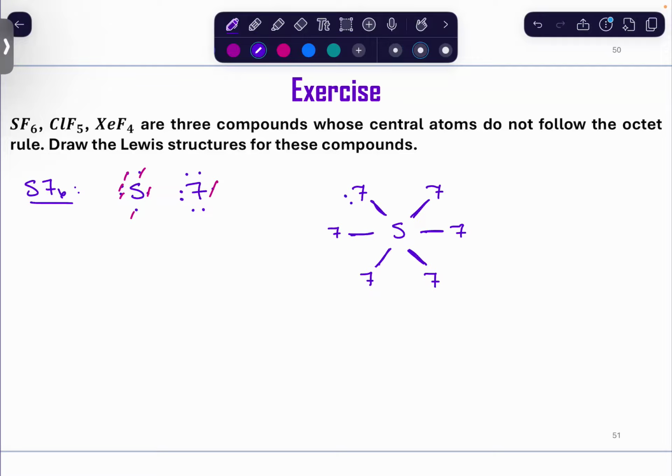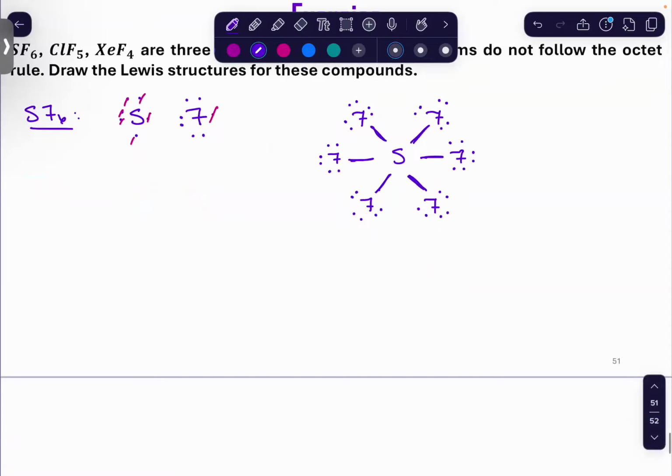So now on the fluorines, we need to replace the lone pairs. And you're also going to find very rarely do your halogens hybridize because they already have so many valence electrons. They can just rotate in space to make single bonds. Okay, but you notice that this sulfur has 1, 2, 3, 6 bonds, 2 electrons apiece. It has 12 electrons around it. So this is expanded valence. What about